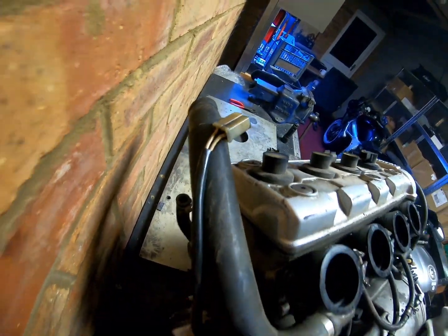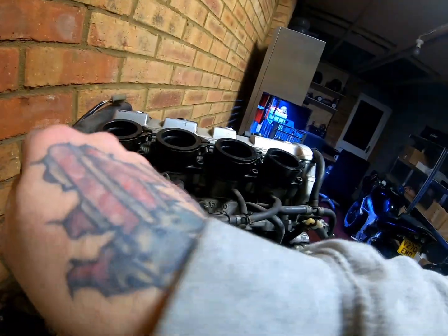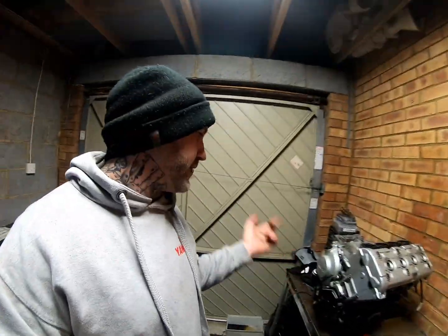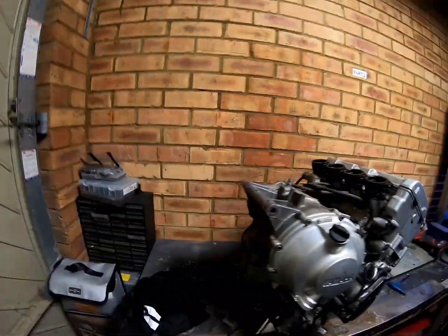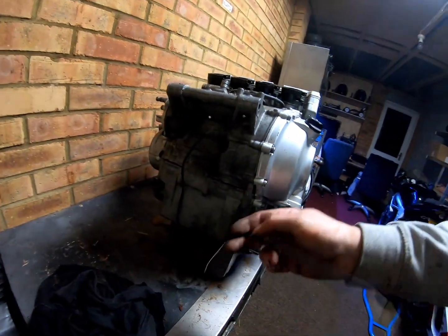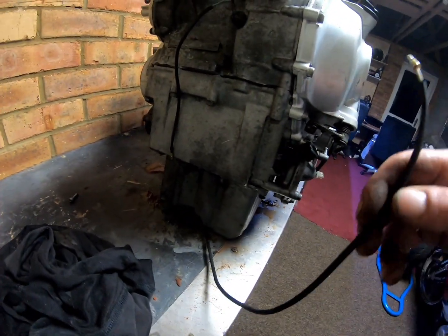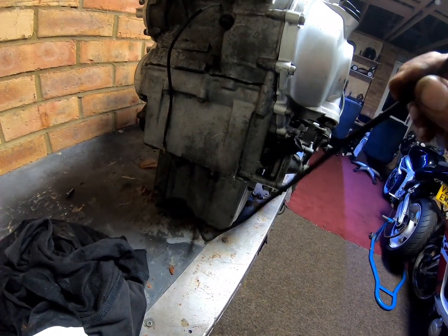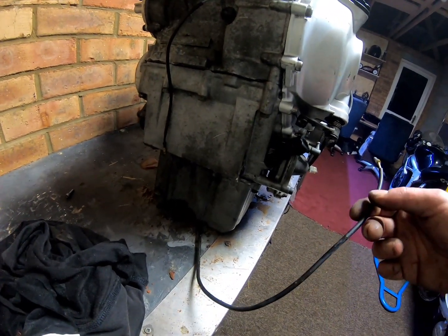3-prong wire there for it, but I'll explain more of that when we get to it. Right, so here we are, we're all stripped down. There are a couple of things I forgot to mention while I was doing my little walk around. Oil level sensor is in the bottom of the sump. I will show you later in probably the second video, because obviously it's in the bottom of the sump and I can't turn the engine upside down at the moment,